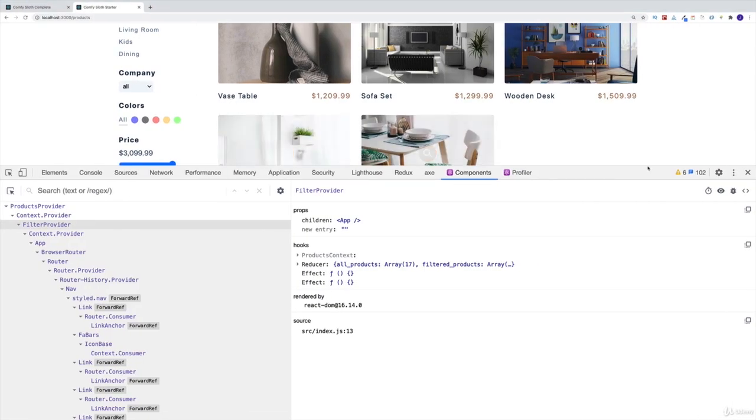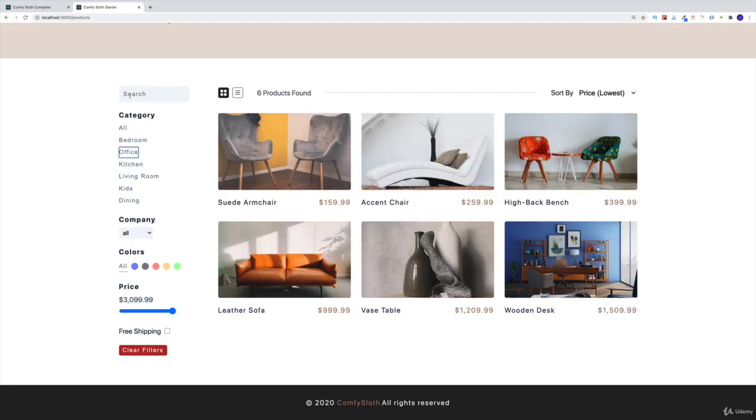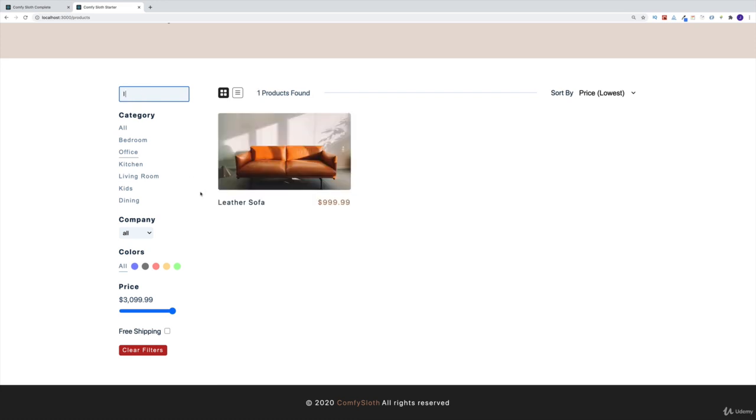And again, I'm going to navigate to the bigger screen and we should see that once we click on Office, now, of course, I'm getting those products that have the value of category equal to the Office. And of course, I can combine these filters where if I change something here as well, for example, if I say L, then of course, I can see the products that start with L. Hopefully it's clear. And now, of course, we can add more filters.